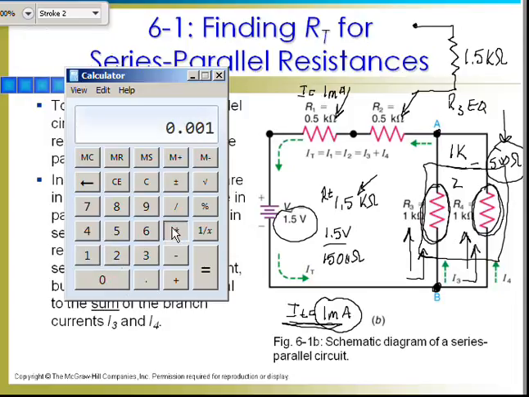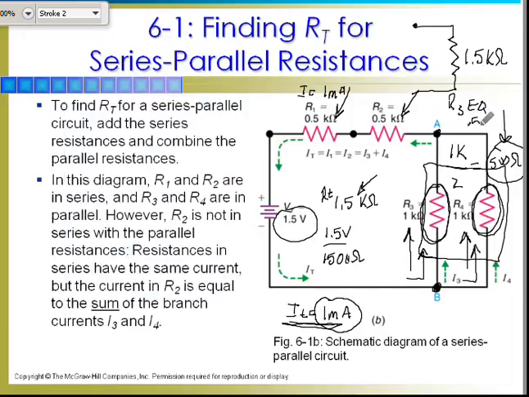0.001 times 500 is going to equal 0.5 volts. So through this bank as a total, I'm going to drop 0.5 volts, which means I've got 0.5 volts across both resistors, because V is constant in a parallel circuit. So if I've got 0.5 volts and 1 k ohm,